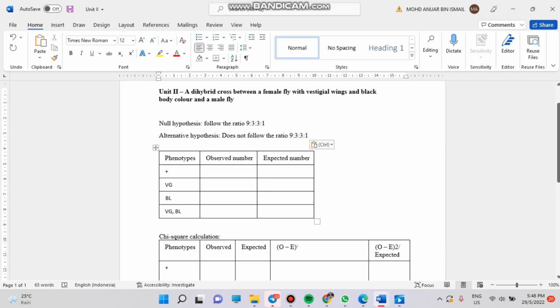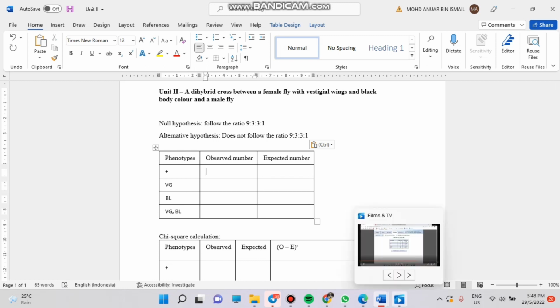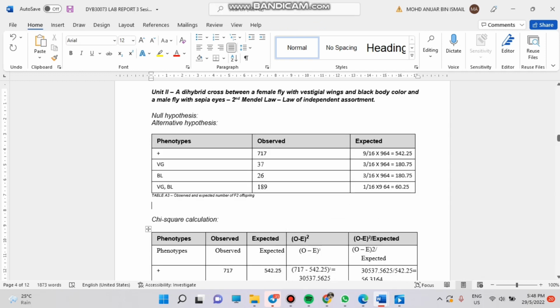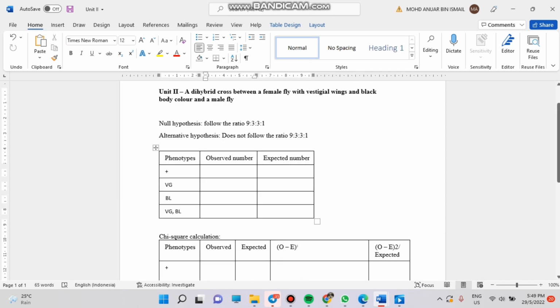Okay, so first, for the observed number and the expected number, we get it from the videos. The observed number we get from the website that I have done before. To calculate the expected number, we use the ratio, the first 9